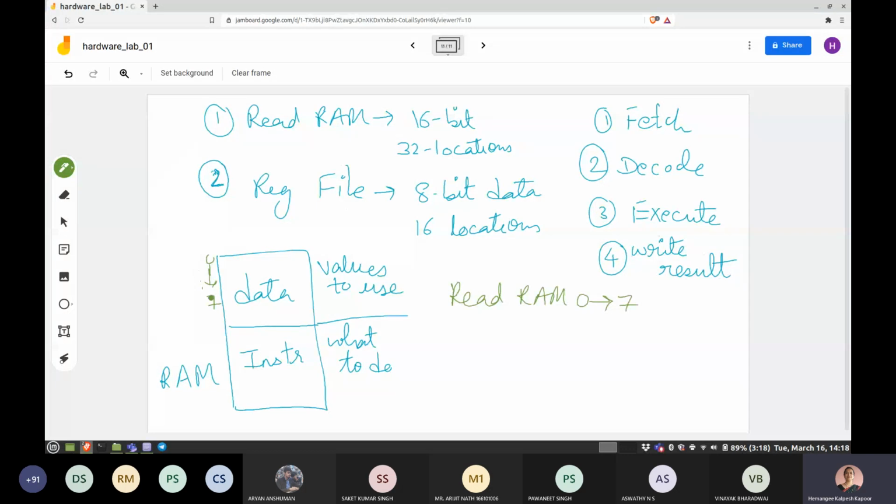I'm going to read this data and store it in the register file. In a normal processor execution, you would have load store instructions, which we are not specifically doing today. Your program itself will have load this memory location, load the second memory location, then add the content, then write to a third memory location. This is how a normal assembly language program runs.